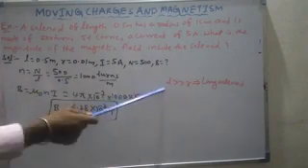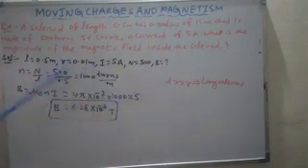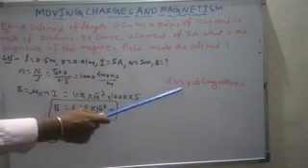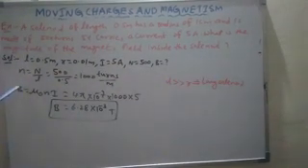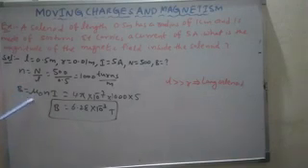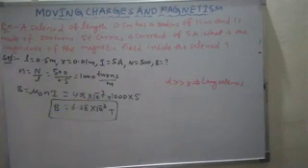First, you decide the length of the solenoid. The length is 0.5 meter. Radius is 0.01. Means the length is very much greater than r, so it is called a long solenoid. In case of a long solenoid, what is the magnetic field induction of a current carrying solenoid? μ0 n I. What is μ0 here? 4π × 10^-7, already we know. So small n is nothing but the number of turns per unit length.